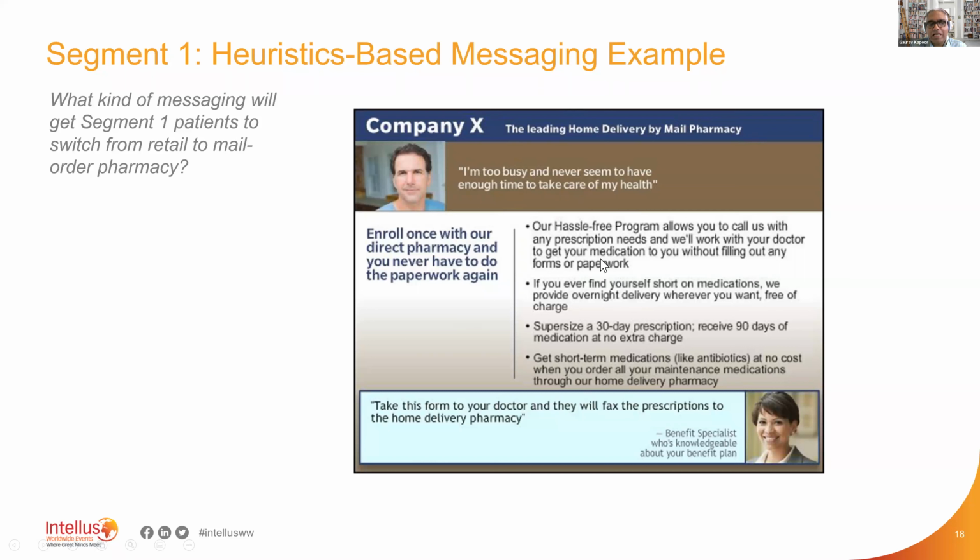Think of it like a turf analysis, like you normally do. So there are claims here, there are benefit statements here, there are call to action messages here. Interestingly, for segment one, many of the messages in their optimal message bundle are based on the diffusion of responsibility heuristic and also the complication bias heuristic.